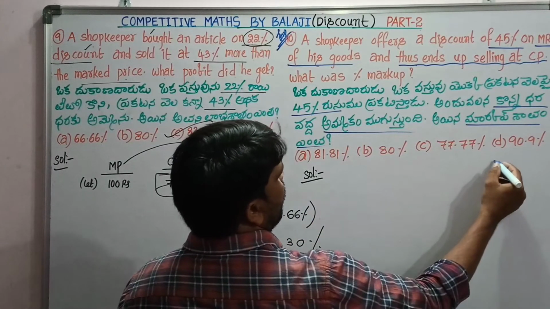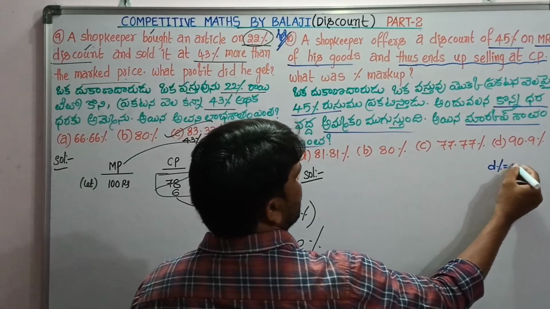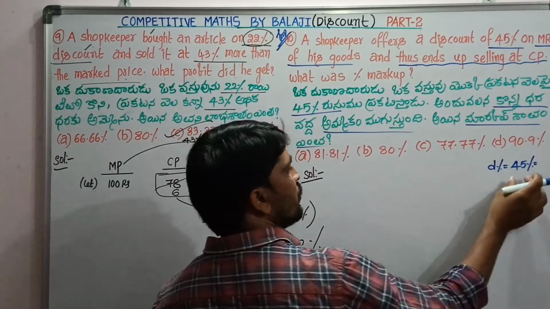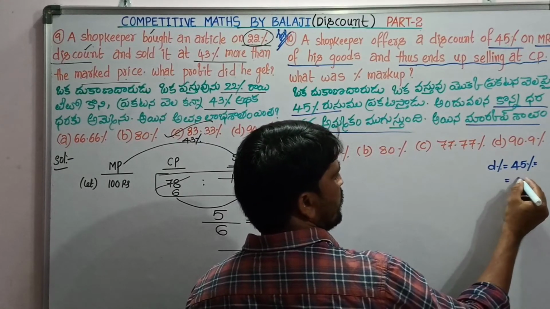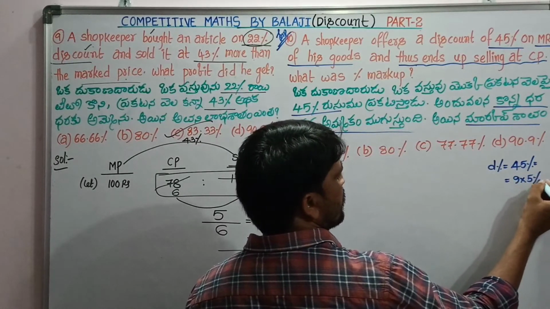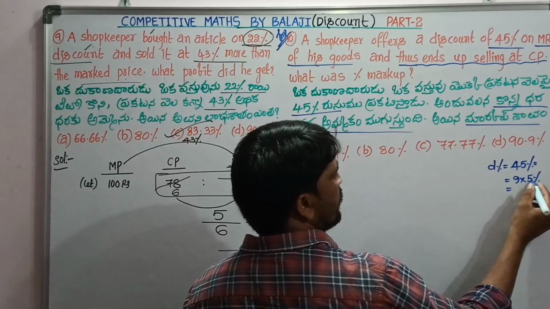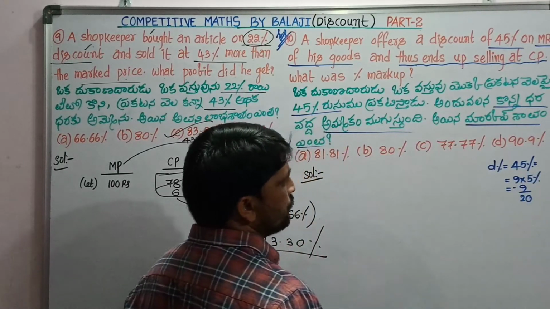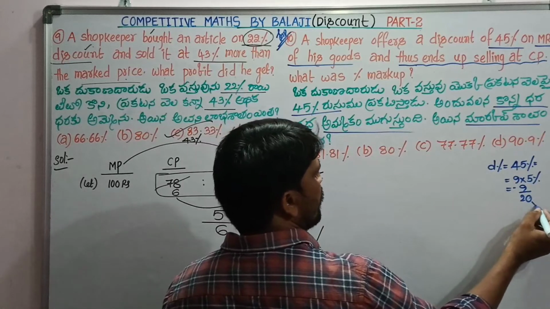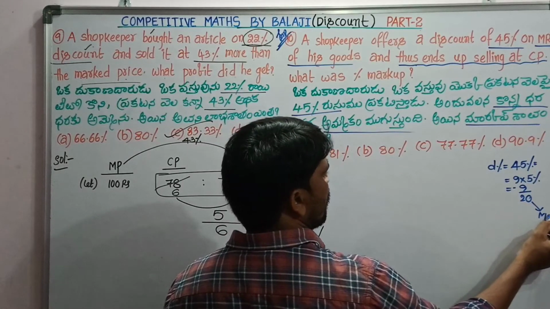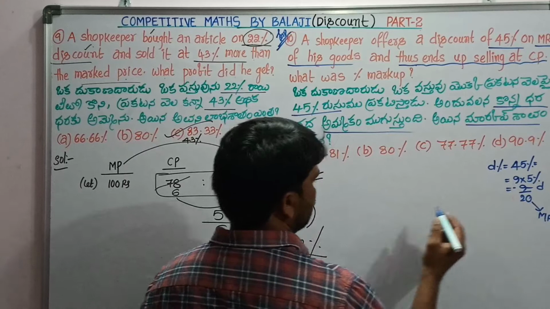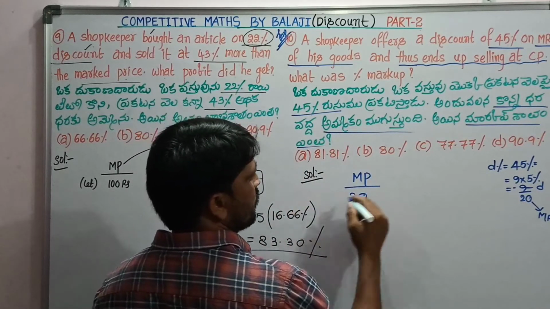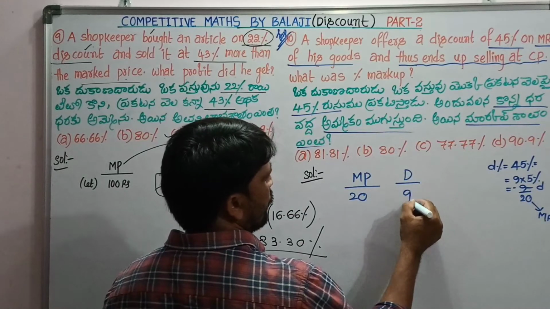Suppose discount percent is given as 45%, that is 9 times of 5%. This can be written as 9 times of 5%. 5% fraction value is 1 by 20, so it is 9 by 20 since it is discount. And discount is always allowed on market price, so the denominator is market price, 9 units are discount. Consider the ratio of market price is 20 units and discount is 9 units.